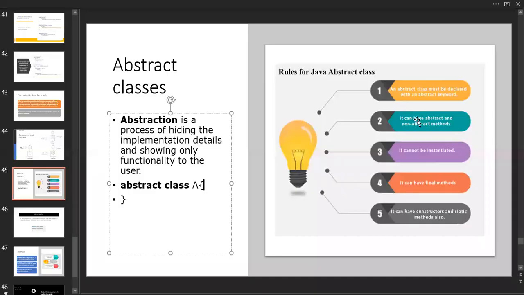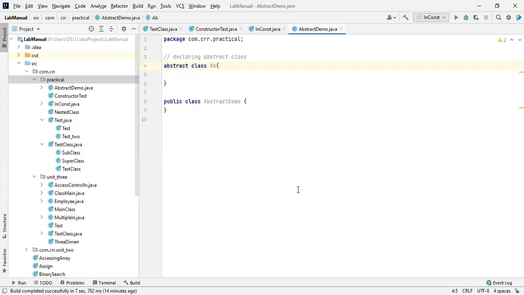Here it can have abstract and non-abstract methods. What is a non-abstract method? We already know that. So here the abstract class consists of abstract methods and non-abstract methods.